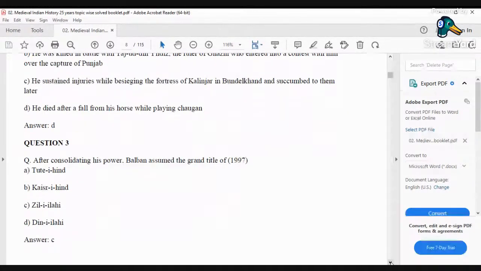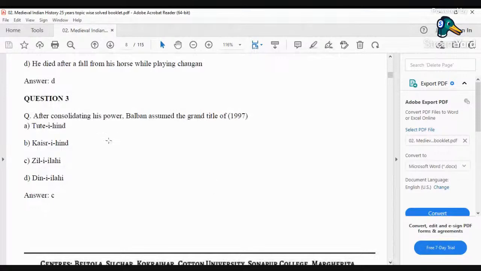Now, after consolidating his power, like I was saying, Balban is also one of the most important rulers of the Delhi Sultanate, and he belongs to which dynasty? He belongs to the slave dynasty. Now, after consolidating his power, Balban assumed the grand title of